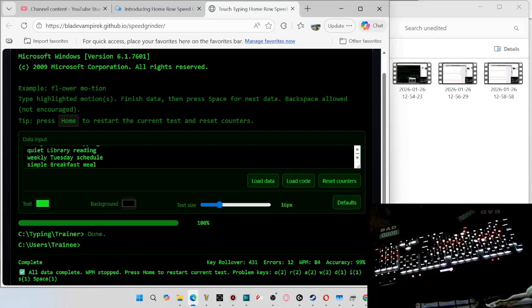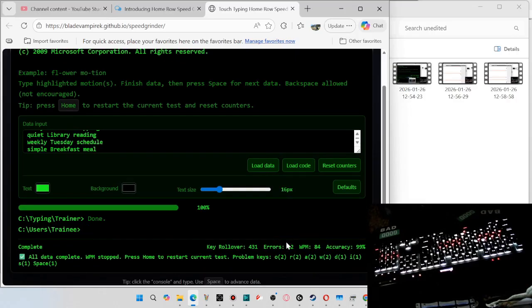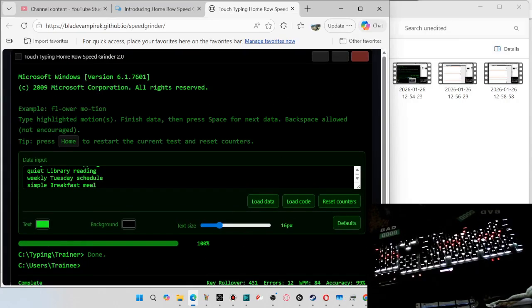For that one, I got 84 words per minute, 99% accuracy, 431 keystrokes within the session. I made 12 errors, which was my problem keys: 2 mistakes for O, 2 for R, 2 for A, 2 for W, 1 for D, 1 for I, 1 for S, 1 for the space key. So what I would recommend is doing these tests every day and just developing the motions gradually and naturally